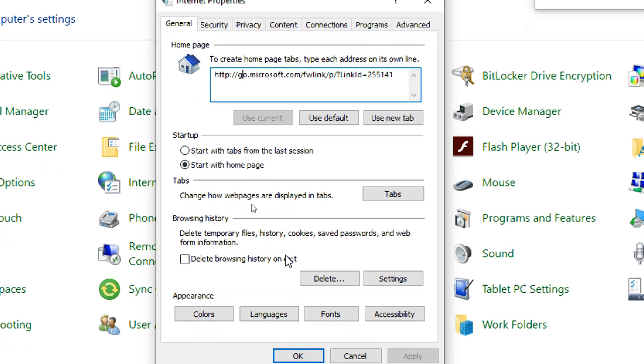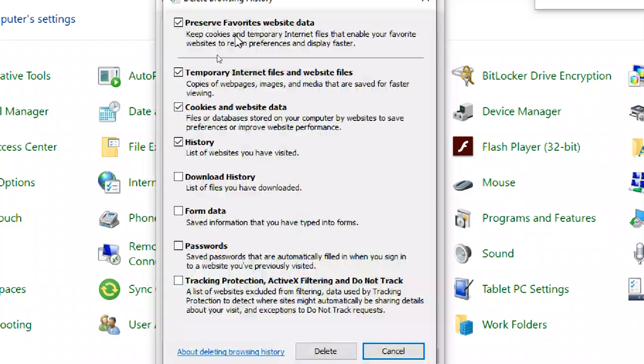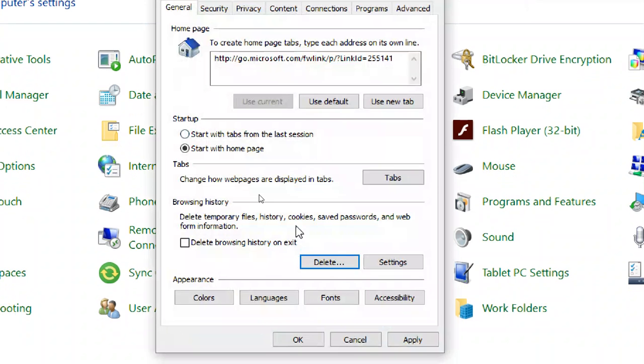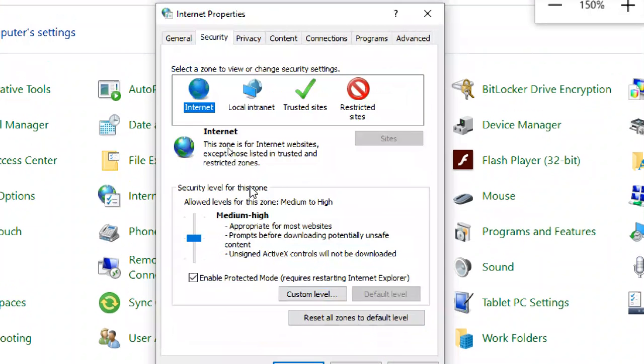Next, to delete the history, this is the option. While you are deleting, it is better to read whatever you are deleting: download history, cache data, cookies, website data, temporary internet files, passwords. Language, colors, fonts are common ones.